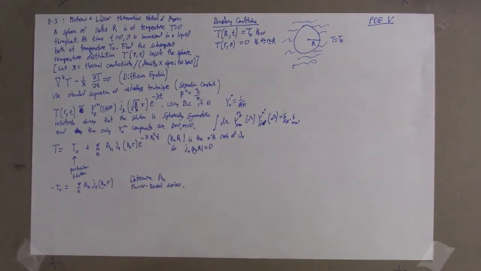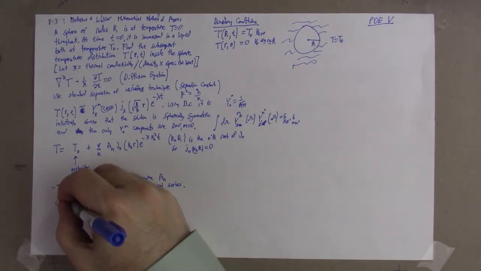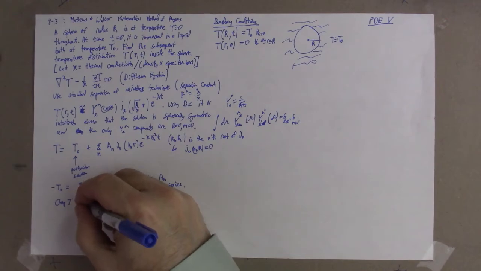And we can use the same techniques to evaluate the an. First thing, we need some properties of spherical Bessel functions. And the best way to get these is to look them up in a book or online. So if you look in Chapter 7 of Mathews and Walker,